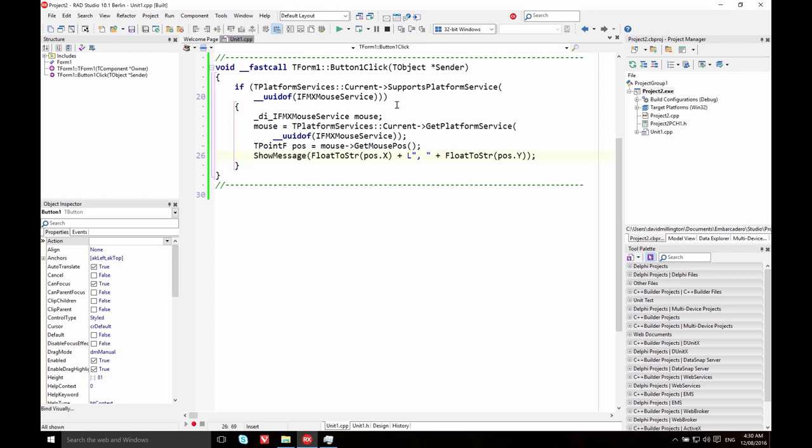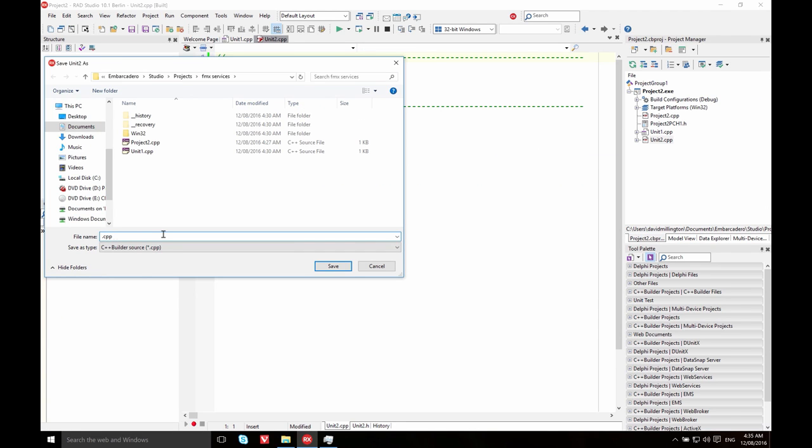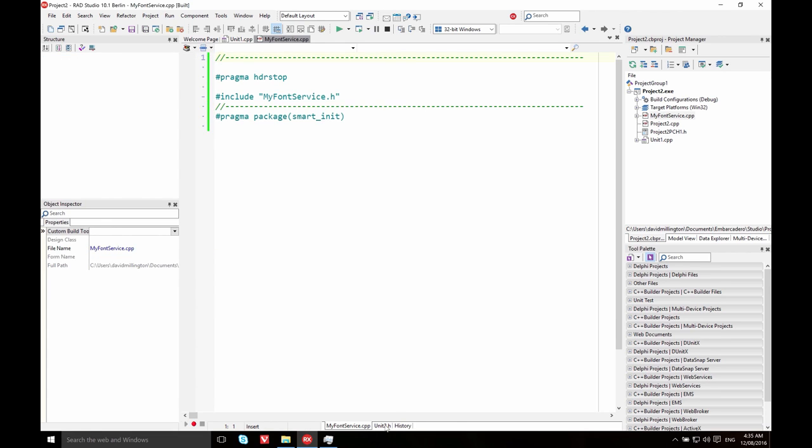Let's define the system font. This is the font that's used by default on controls. If you change this, then the FireMonkey controls, like the button we just saw, will use a different font when we start up the application. Let's create a new unit. In it, we'll include